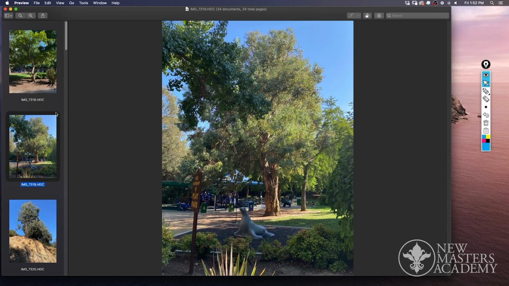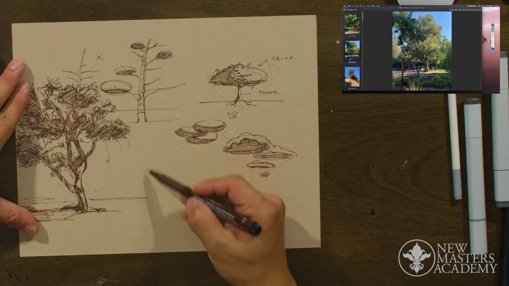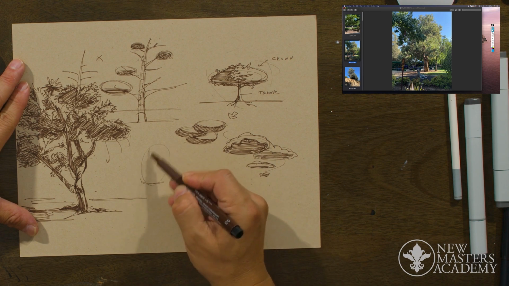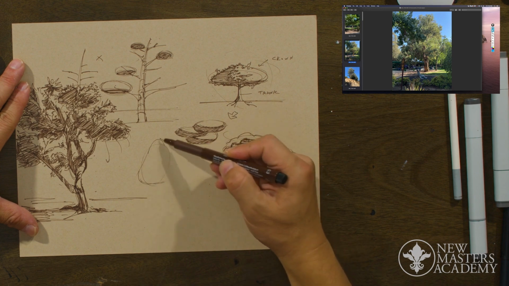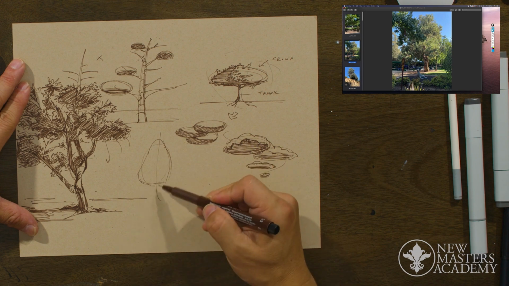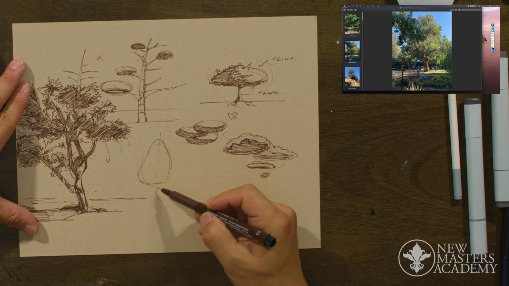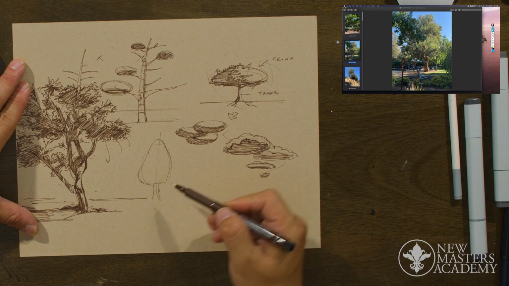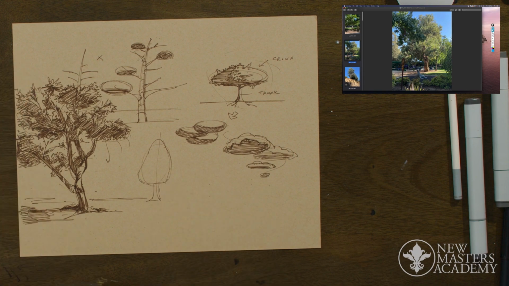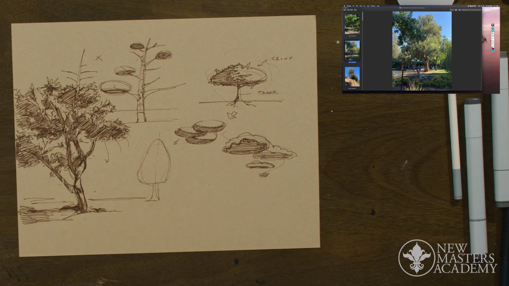All right. So I'm gonna do this smaller. Again, a shape like this, with light also coming from the upper right.